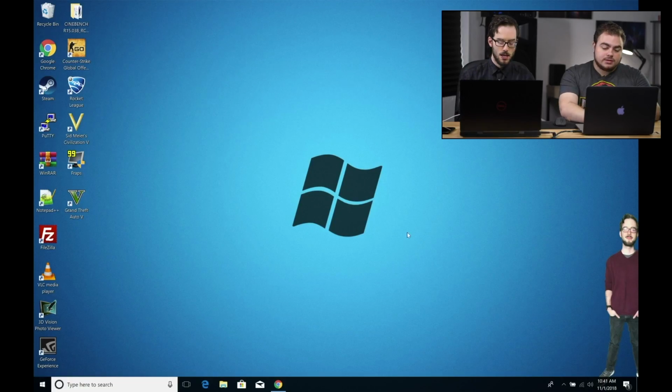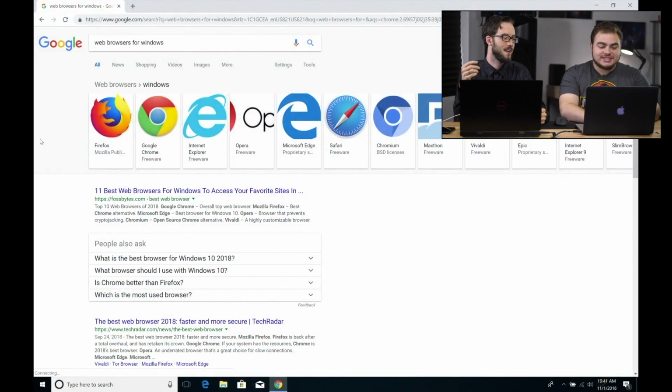Now, what other web browsers do we actually have available on Windows 10? So, of course, you have your Chrome, which I'm going to go into right now and take a look at this list. But you've got your Firefox, Google Chrome, like we said, Internet Explorer, Opera, Edge. We talked about Safari. You can download it, but I don't really recommend that one on Windows. Yeah, I don't think on Windows it's really fully optimized. No. It's probably an older version of Safari, so whether or not it's relevant in today's world, probably not. You've got Chromium again, and then you've got your plethora of other third-party web browsers, just like macOS has.